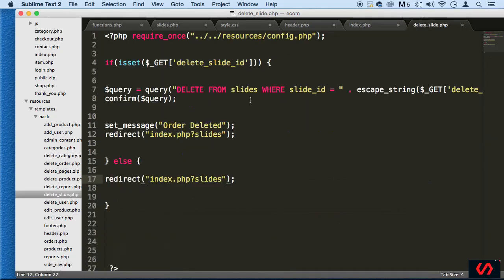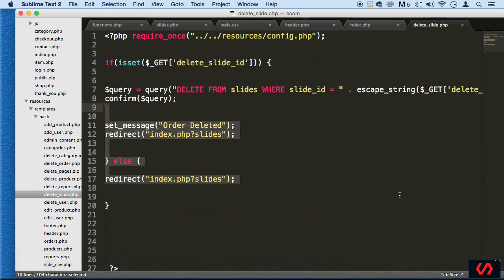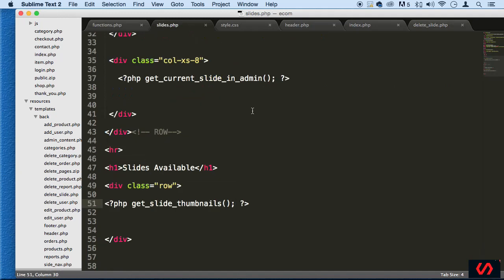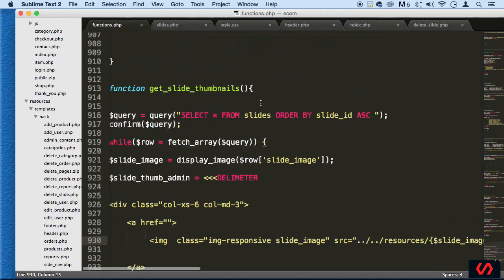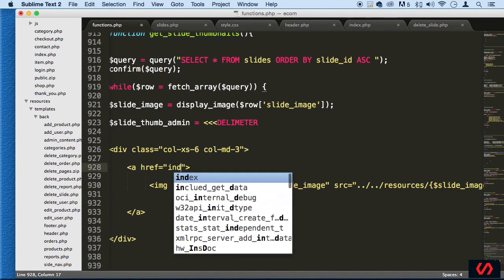We have set up our page to delete. Now we need to set up our link, right? So let's go to slides.php. Actually, we need to go to functions and find our get slides thumbnails right here. And now we need to set up this link here. So we're going to say